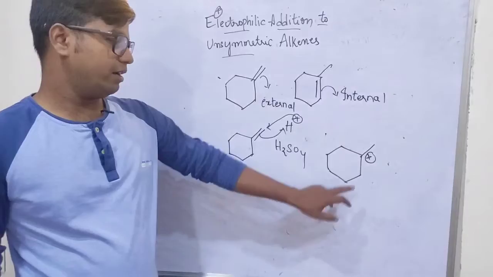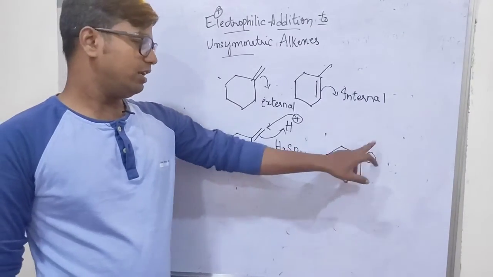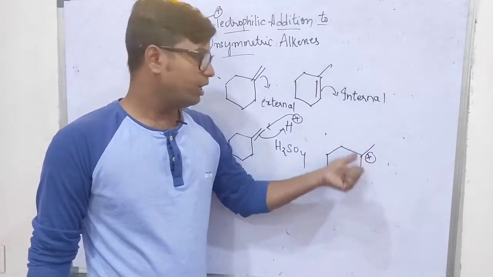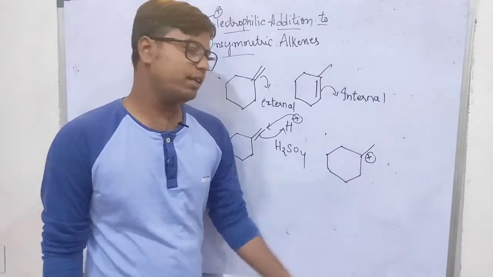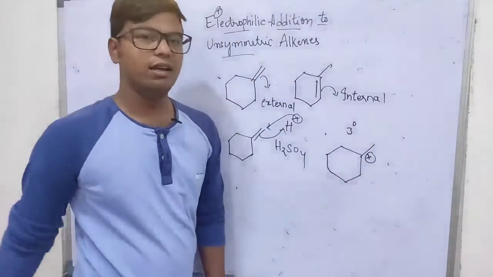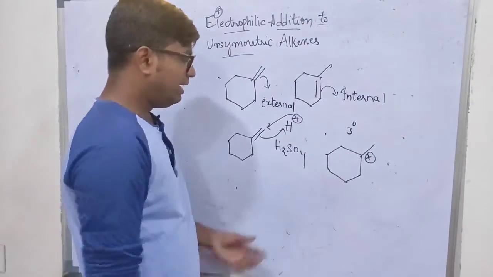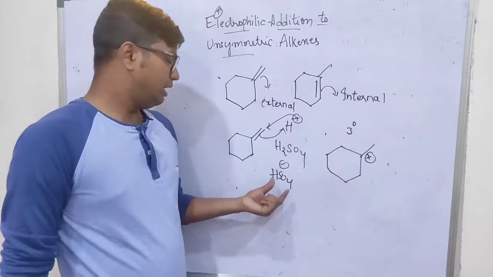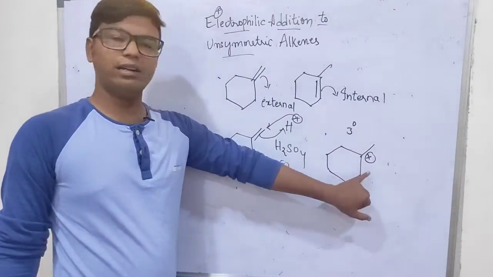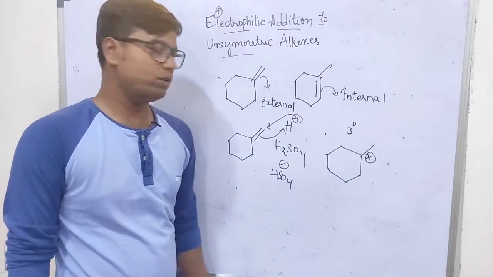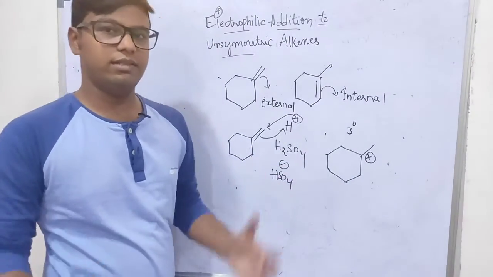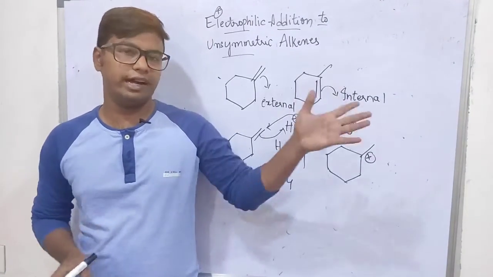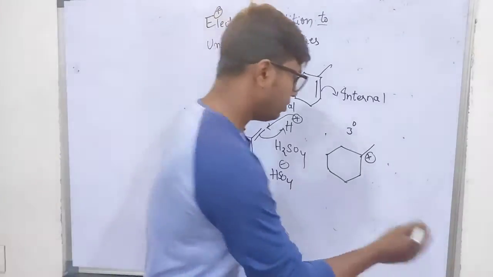This is our carbocation, and it is also a tertiary one, right? To this carbocation, 3 carbon atoms are attached, so it is called a tertiary carbocation. But here the leftover species HSO4 minus is not nucleophilic enough to attack this particular moiety. So what happens in these cases? Isomerization takes place where there is no effective nucleophile to attack.